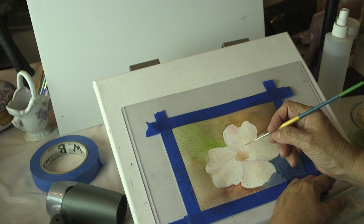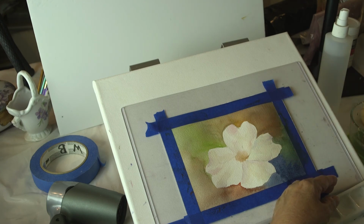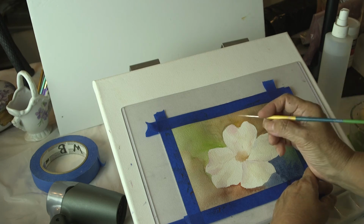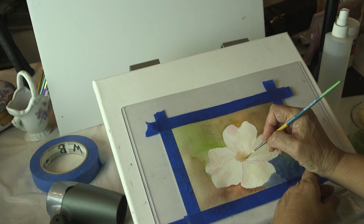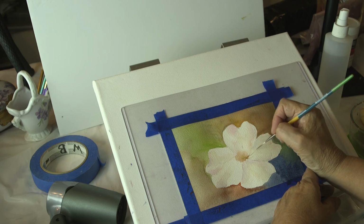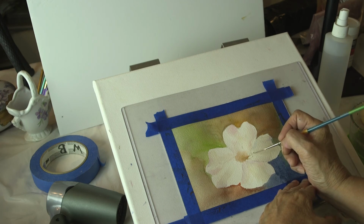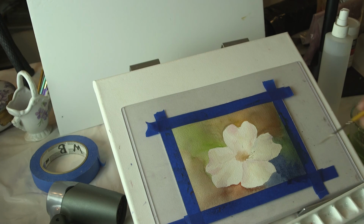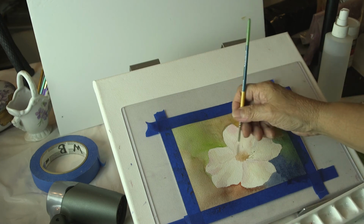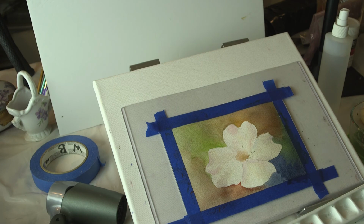So I'm going to steady my hand, and from the inside I'm going to go out. And they're kind of reddish, some of them. So it's still a little wet. I'm going to wait. Let me see. I think this is a dry area. See? Like that. And then at the very tip, some of them have like a little seed. So you just touch it, and it gives you those little dots. So I'm going to continue doing that upwards, and that's going to give me those little pistils, and that will be